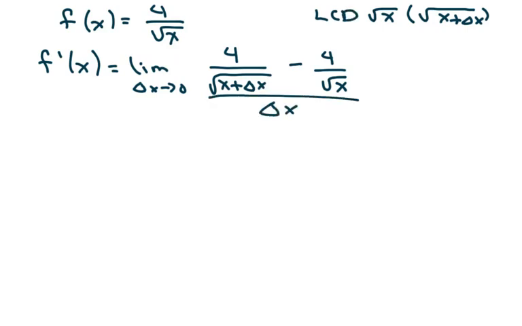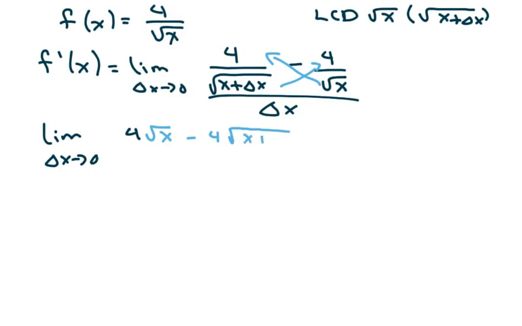Alright, so we're just going to cross up here. So this is going to be the limit as delta x approaches 0. So you're going to have 4, I'm crossing these two. So you can have 4 delta x minus 4 square root of x, 4 square root of x plus delta x